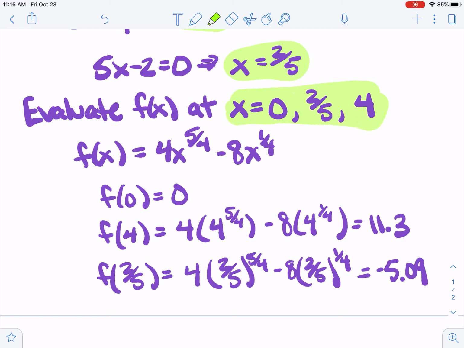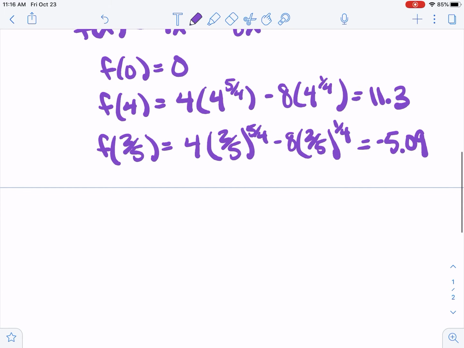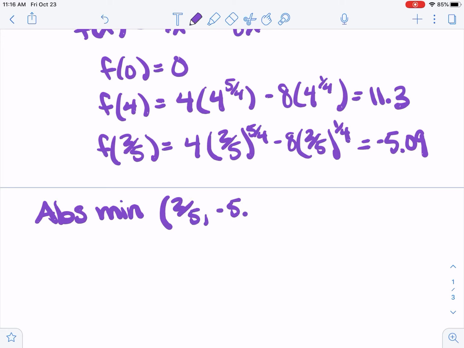So we check each one, we list them, and we rank them, and we can say that the absolute min occurs at the point 2/5 comma minus 5.09, and the absolute max occurs at the point 4 comma